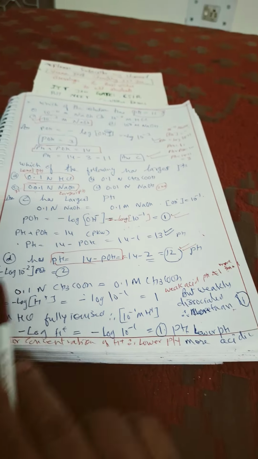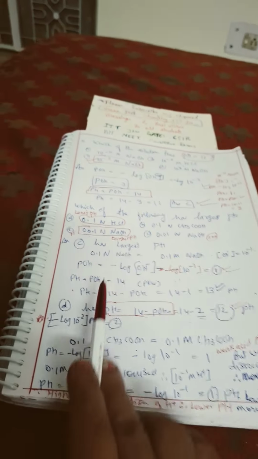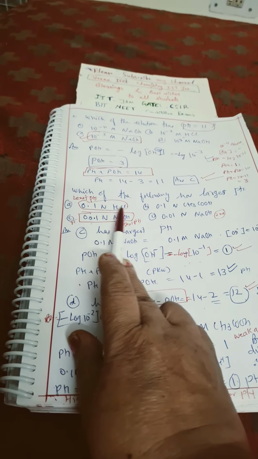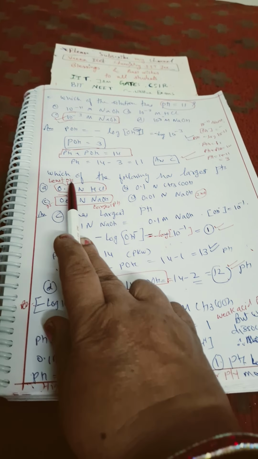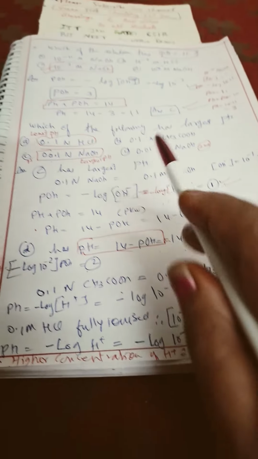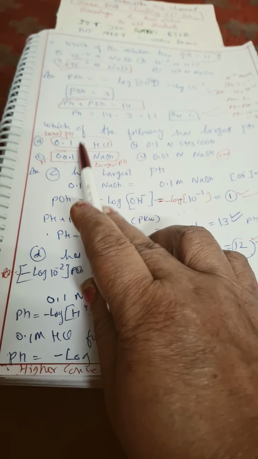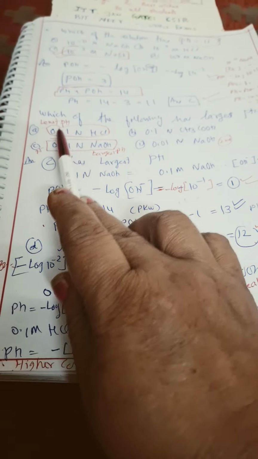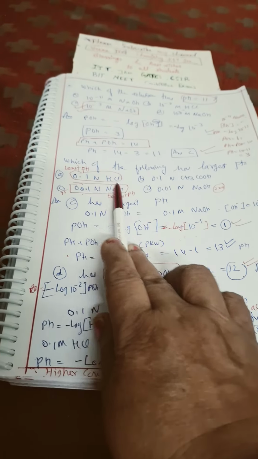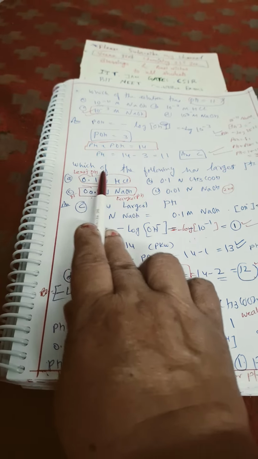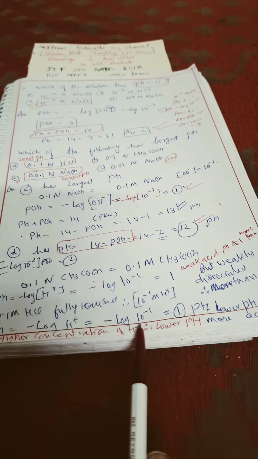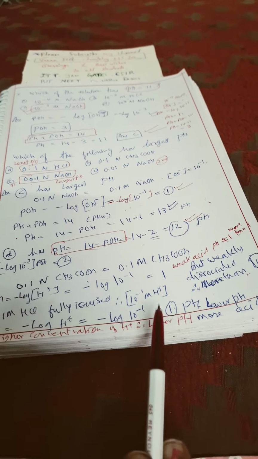So which is having the least pH? HCl. HCl is having the least pH because it is fully ionized, so hydrogen ion concentration will be more, and pH and hydronium ion concentration are inversely related. If H ion concentration is more, pH will be least. So 1 N HCl, that is 1 M HCl, N factor is 1 replaceable H, that is why it is having H ion concentration 10 to power minus 1, so minus log of 10 to power minus 1 is equal to 1. So least pH of